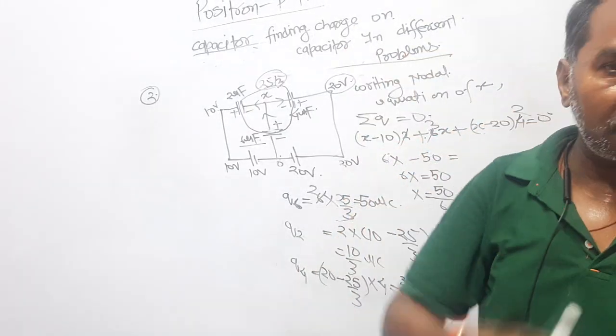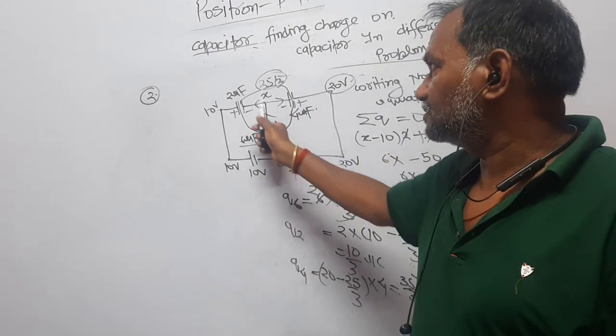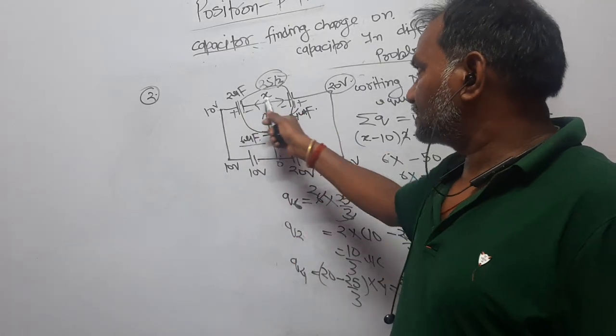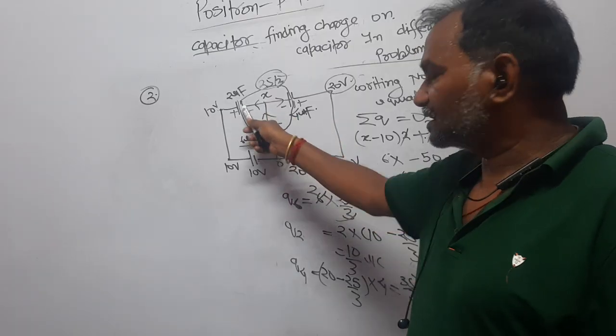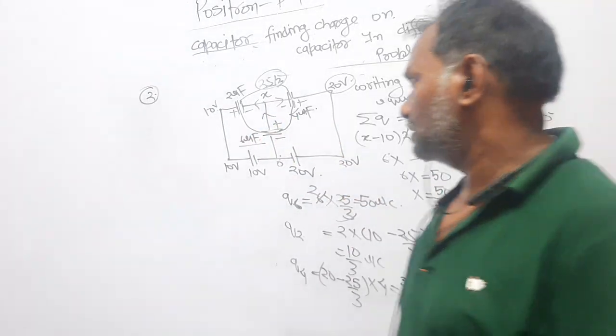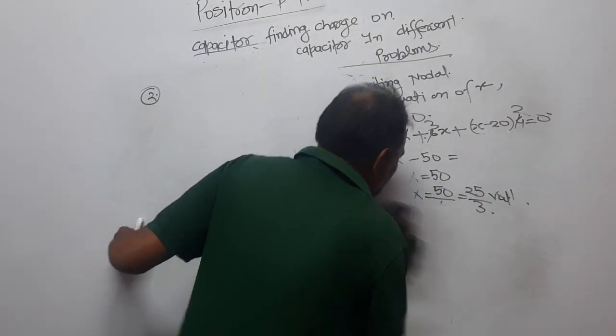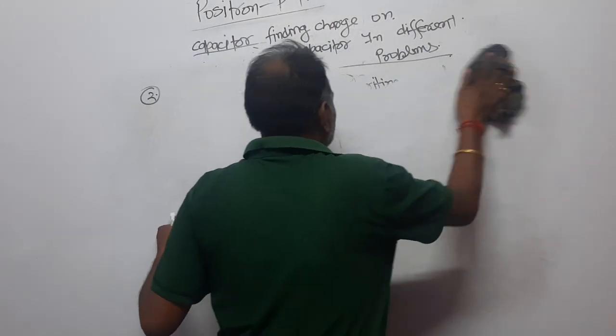Now dear students, solve for x. And once you get the value of x, then you can get the potential difference across all the three capacitors, and in this way you would be able to find the charge on each capacitor. Next problem is